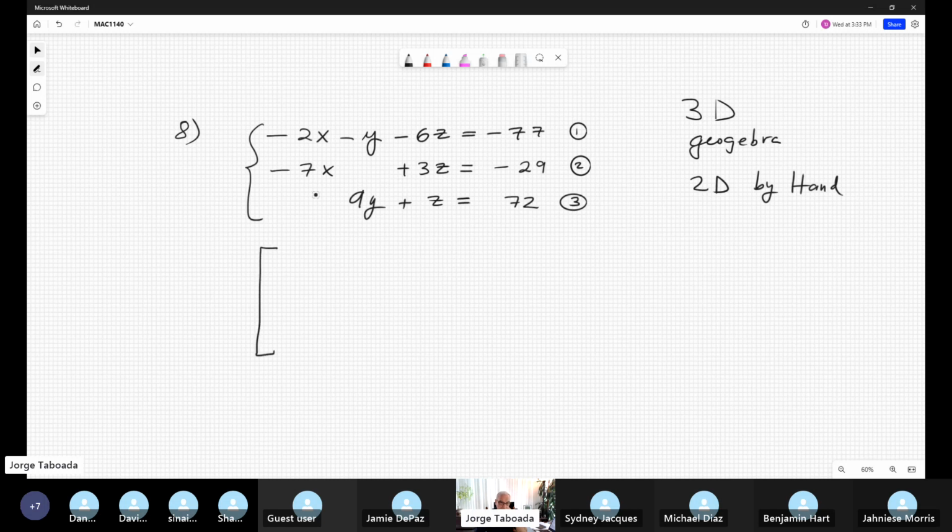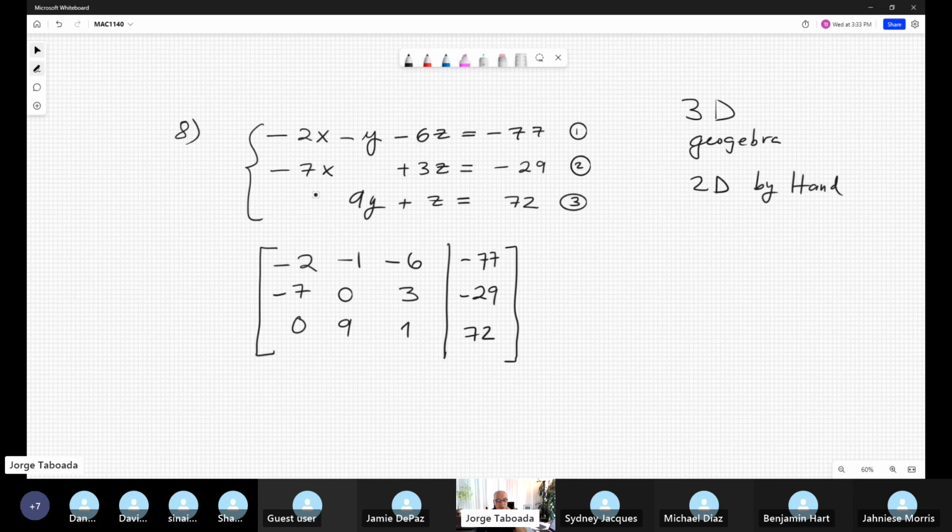Now you copy -2, -1, -6, -77. Then -7, 0y, 3z, minus 29. Then 0x, 9, 1, and 72. This is my augmented matrix with dimension 3 by 4. And you apply